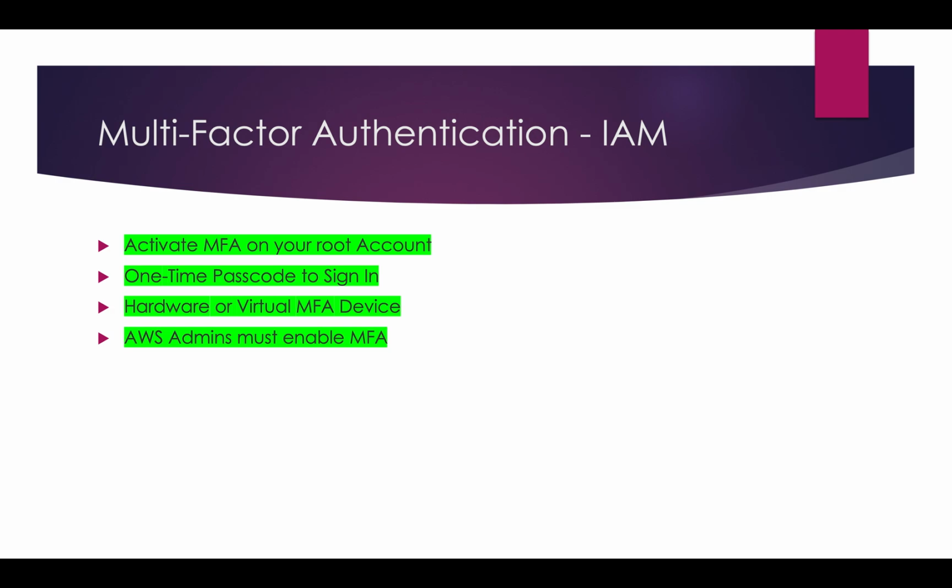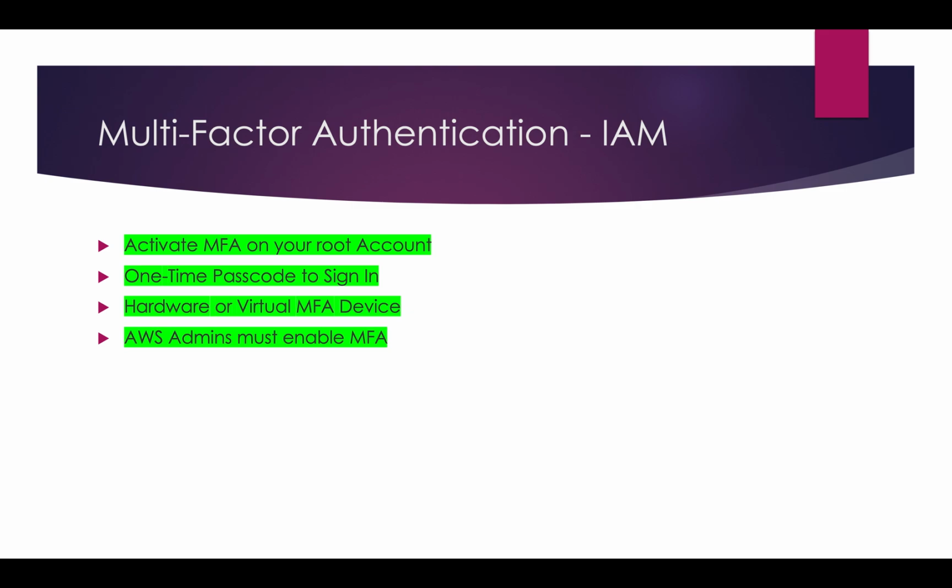Okay, how can you enable it? In order to do MFA, you need to install an application from your Play Store. It gives you a 6-digit passcode, and you need to enter the passcode, then you can log in. Like in the root account, as usual, you give your email ID and password, plus one extra layer: you are adding a one-time passcode to sign in. Today we are going to see this topic.